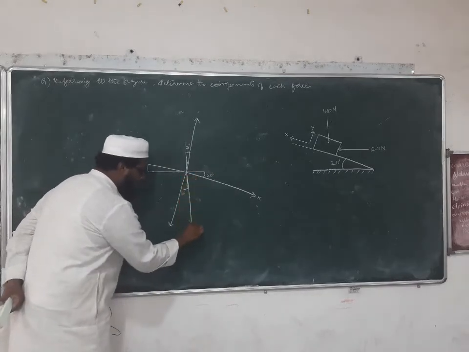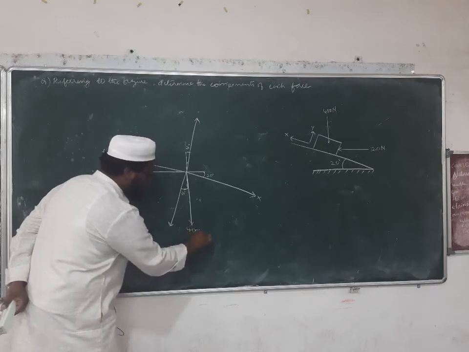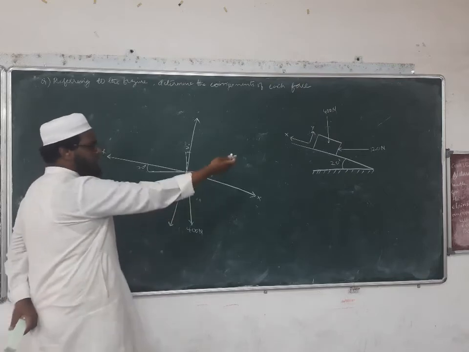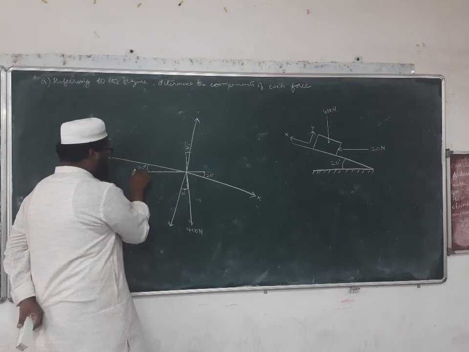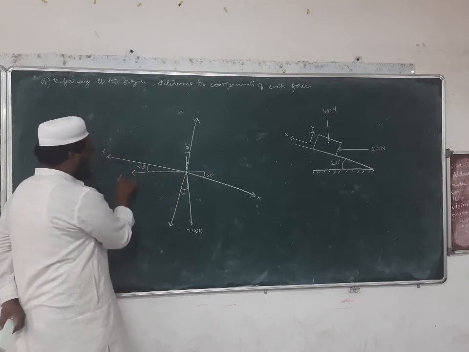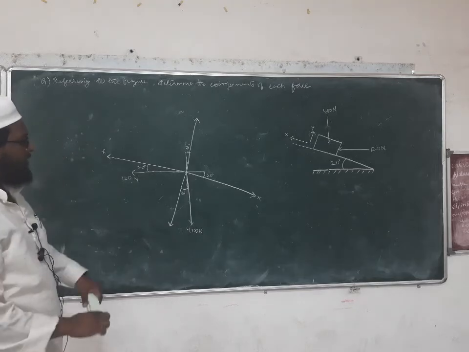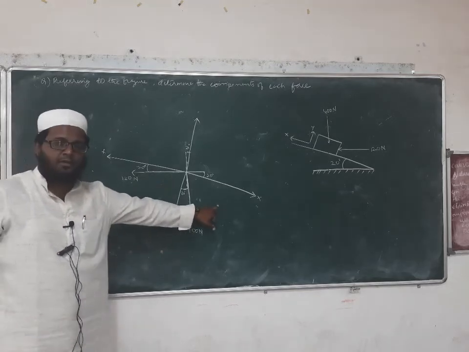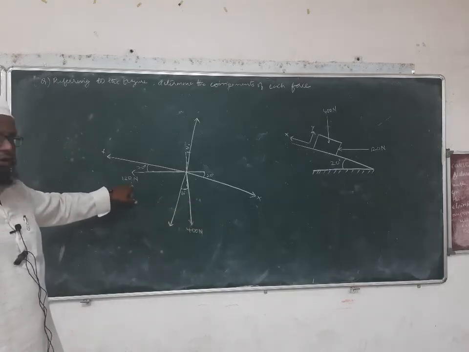See here, the downward force, which is how much? 400 newtons. And what about the horizontal force? See here, the force is going in the left direction. So in the left direction, this is the force. What is the intensity or magnitude of that force? 120 newtons. Okay, now you see the forces. This 400 Newton is in the fourth quadrant, whereas this 120 Newton is in the third quadrant, isn't it?